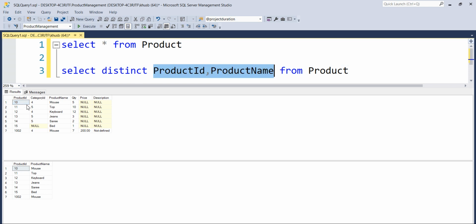If I have a product id with 10 and again the product name as mouse, then it is going to print only one value. But at this time as you can see that we have product id 10 and product name mouse, but this is different. Product id is 1002 and product name is mouse. So the product name is same, but the id is different, right?